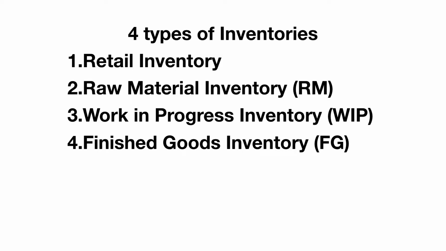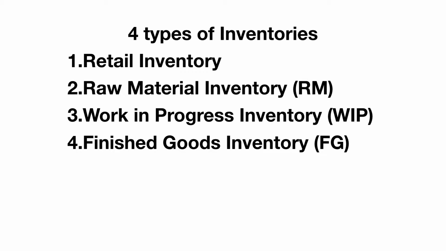When a company purchases goods for resale without any further machining or processing to add value, the inventory is classified as retail inventory. The rest of the inventories are booked by the company that manufactures the finished goods, as opposed to purchasing what it sells. Raw materials are the inputs from which products are manufactured, such as iron ore for a steel